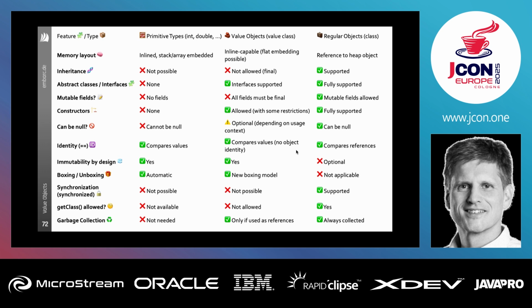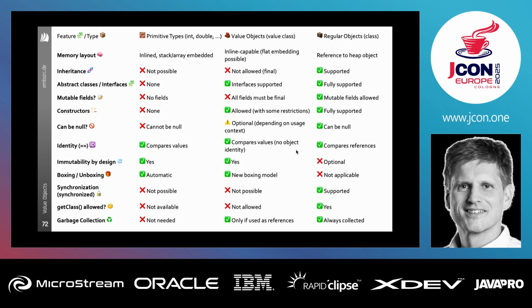Also with nullability, we already talked about it. Actually, every object, value objects and normal objects, can be null at the moment. The references can be null, but there will be some ideas for how we can have null-restricted types. Boxing will be quite interesting, so we can define our own auto-boxing mechanisms, not only for the primitive types int and boolean, but also for points, for birthday, for email address, or maybe zip code if we have a zip code data type. Synchronization is a problem, but most of the time I think we don't have to handle it.